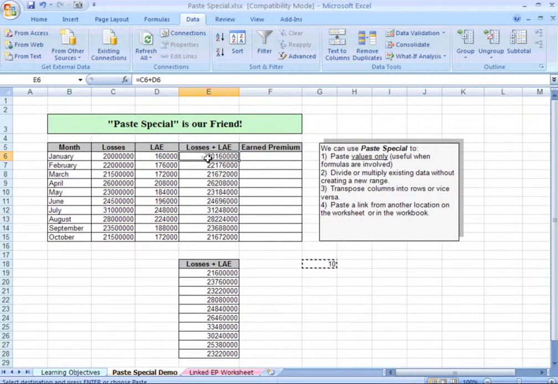Now you'll notice that the result, of course, in your losses plus LAE, loss adjustment expense, has also been changed. We've got 20,160,000, and if you look now, this E6 doesn't match E19 anymore because we pasted the old values down here, and these are the new results of the formula. So pretty interesting, huh? Well, sometimes you're going to find yourself in a situation where you say, gosh, I've got